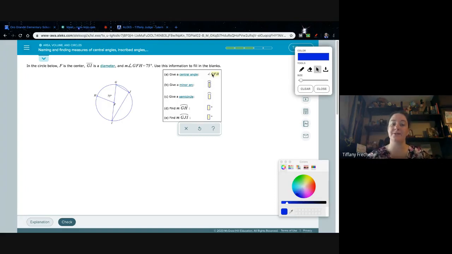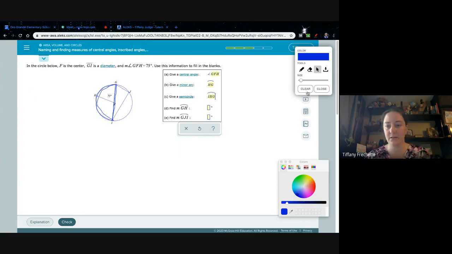So there are 2 answers on that one. A minor arc. So I'm going to look at the arc created by the angle I just talked about. So I'm going to go with HG. And then a semicircle. So this one, I'm going to mark this. Semicircle, we look for the diameter. And then we grab the arc it creates like this. So I'm going to go with